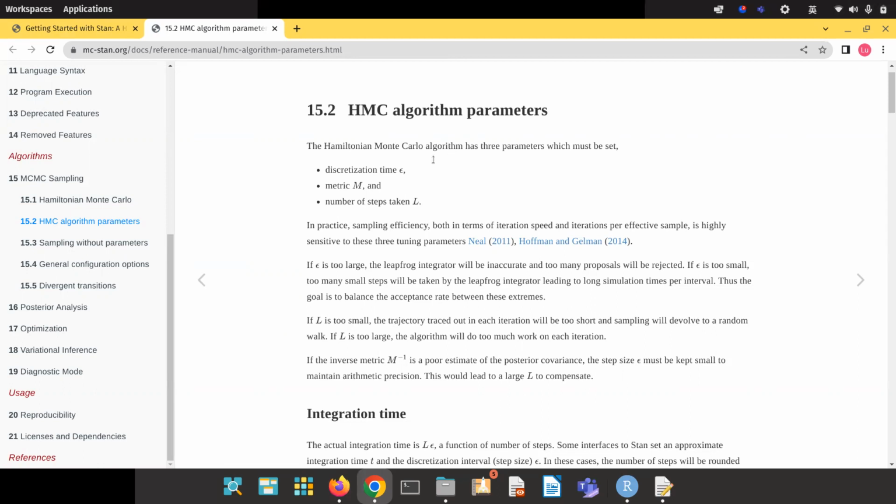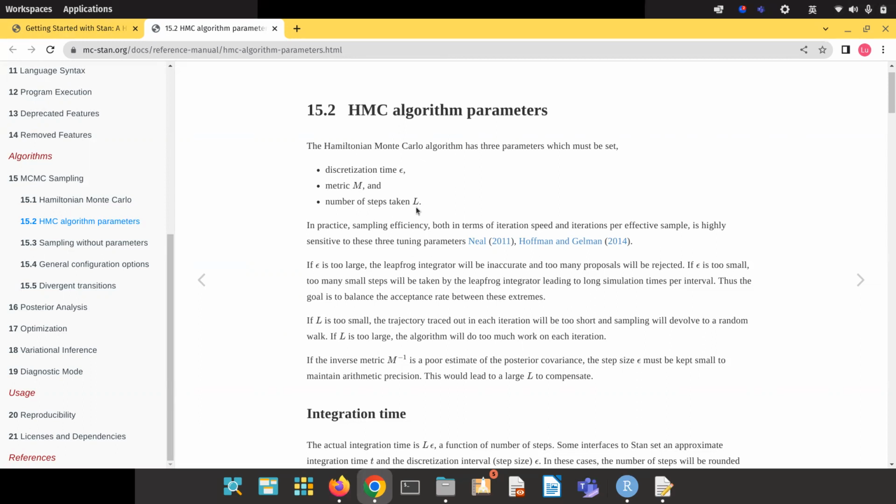The HMC algorithm needs to set at least 3 parameters: the discretization time, epsilon, the matrix M, and the number of steps taken. So in the updates of Hamiltonian Monte Carlo, we need to generate a trajectory that follows the